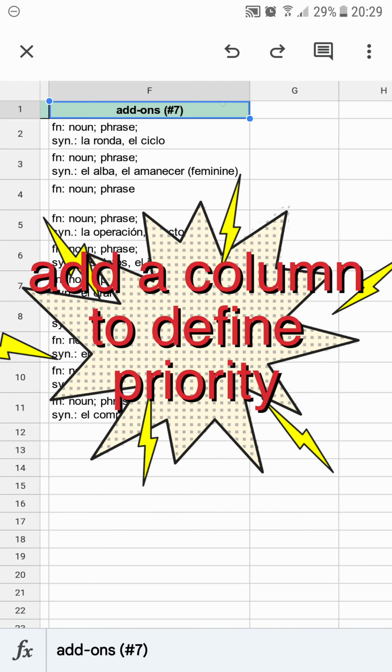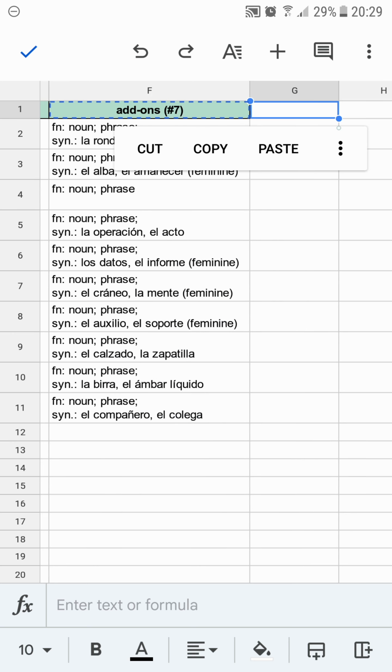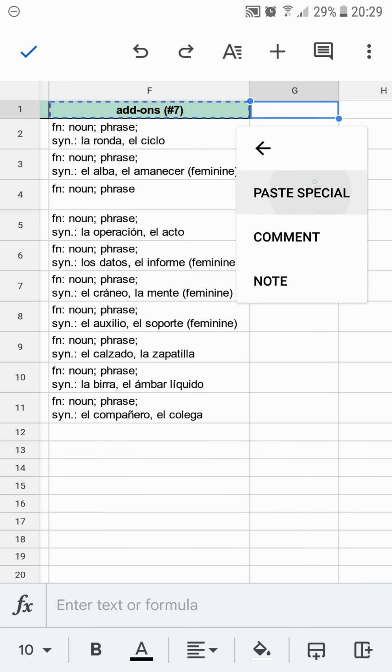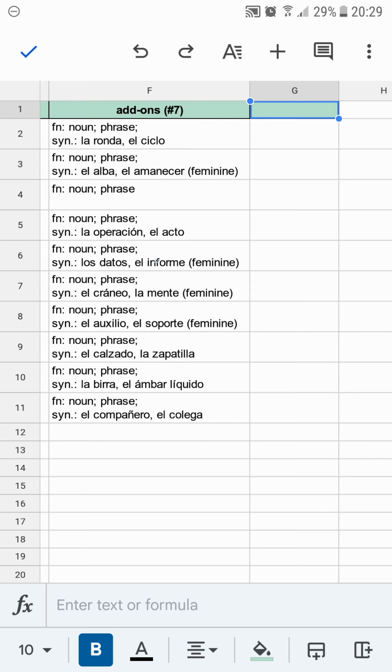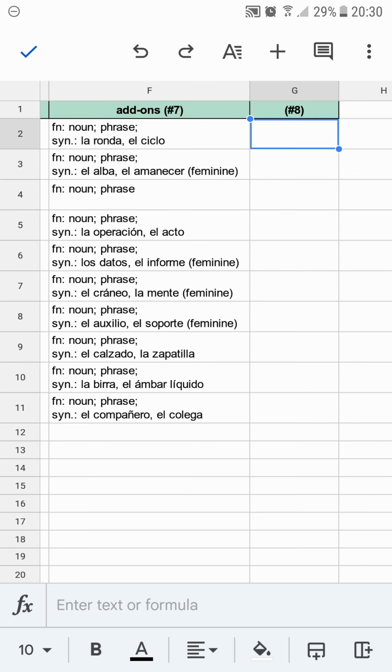And finally, add a column with the tag number 8 at the end of the table. And fill it with the value 1000.